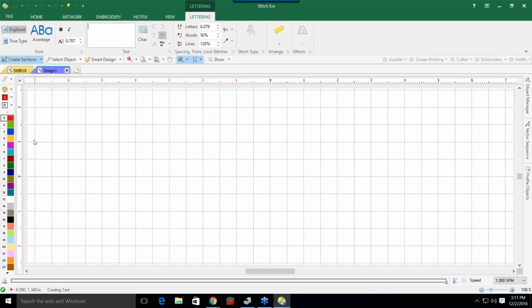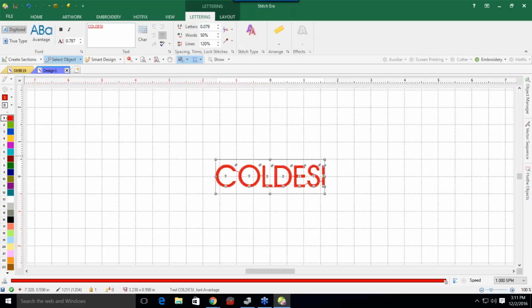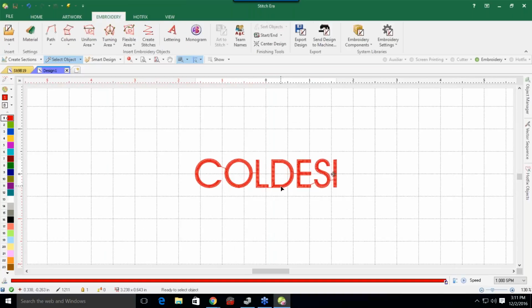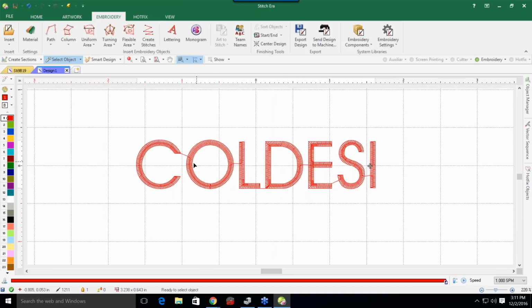And then I type in my text. Okay. So I'm going to go with caps, and I'm going to type in ColDesi. Once I type in, I press my enter button, and we should have gotten our text out. Now, I always like to zoom in so I could actually see my design a little better. Okay, some of us would have to zoom in more than others, but just make sure you zoom in to